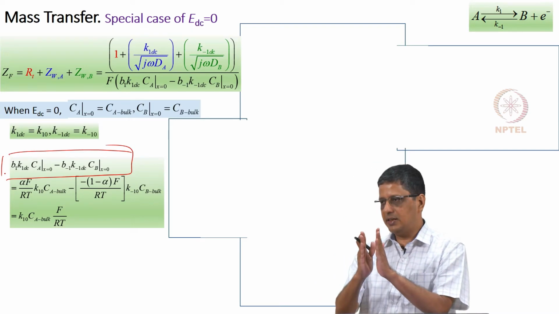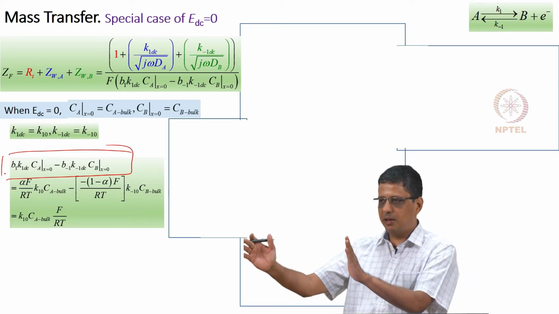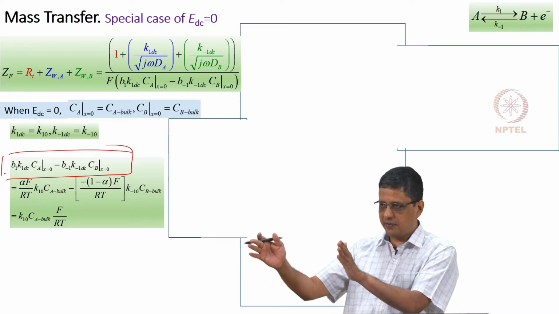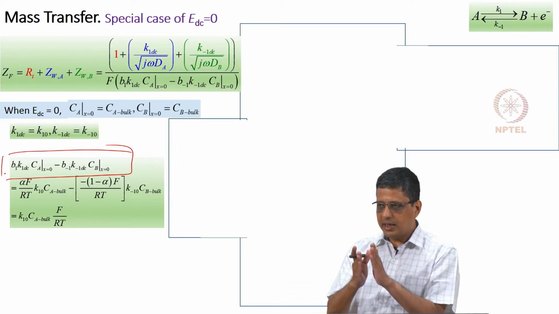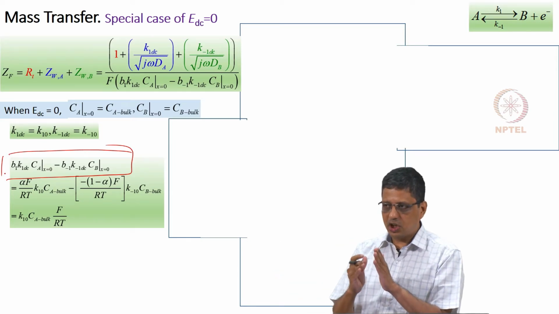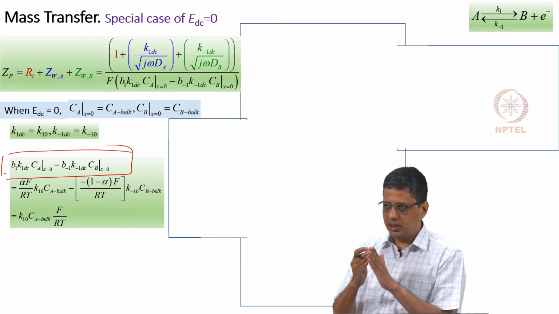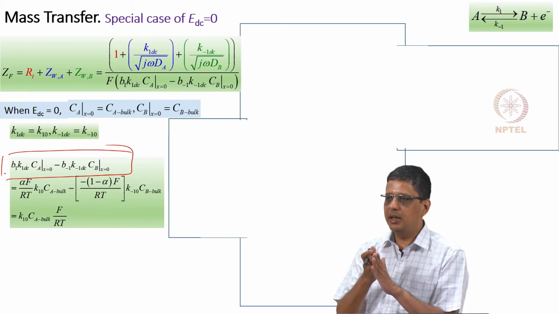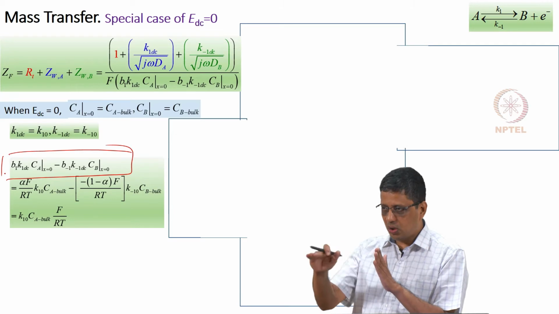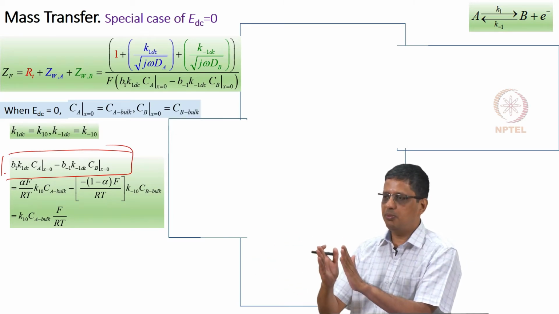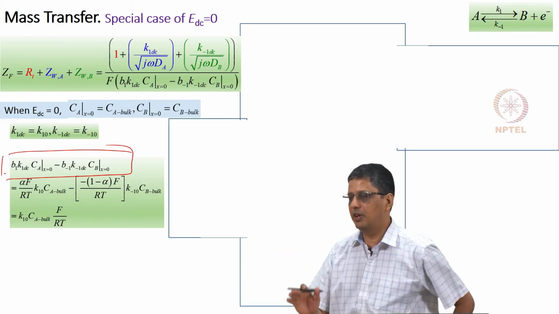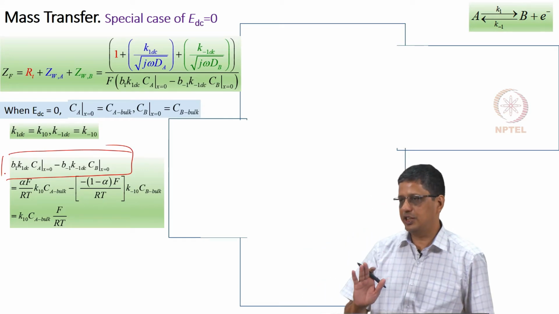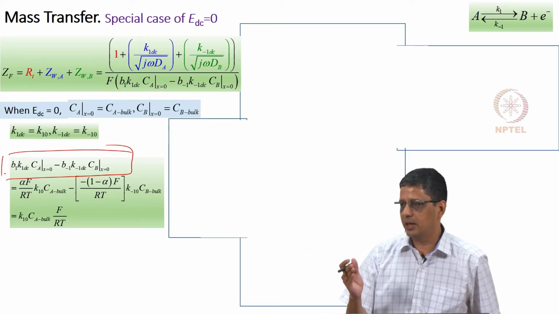Finite boundary layer thickness, I have a large reservoir of A and B, where I am maintaining the concentration of A and B. Here I can have steady state, not equilibrium. When I apply a DC potential, I will continuously consume A and produce B, and they are going to go away. Once it comes beyond that boundary layer, it is all well mixed, and there is no change in the bulk concentration, because it is a very large reservoir.